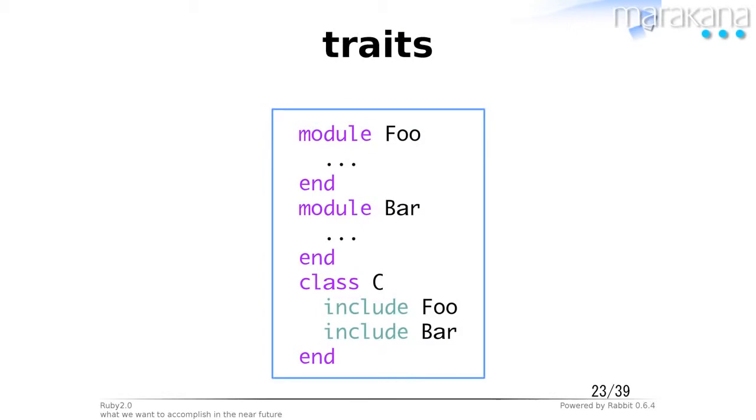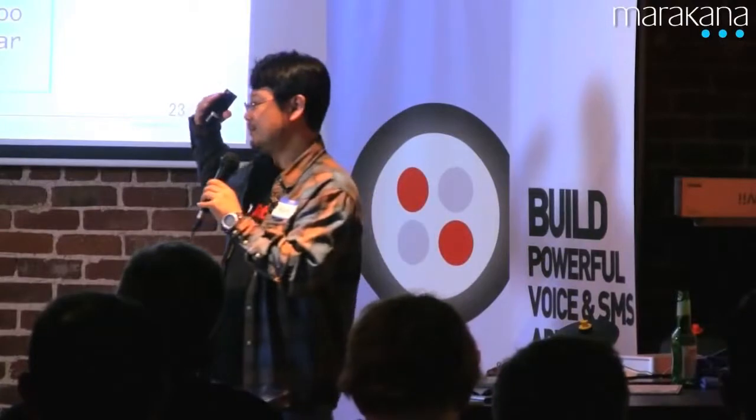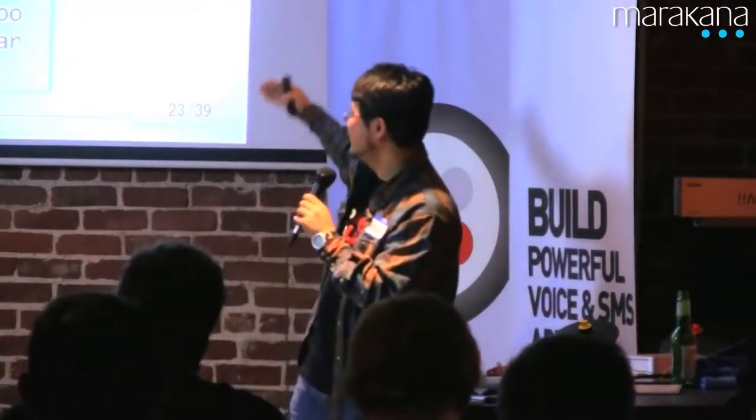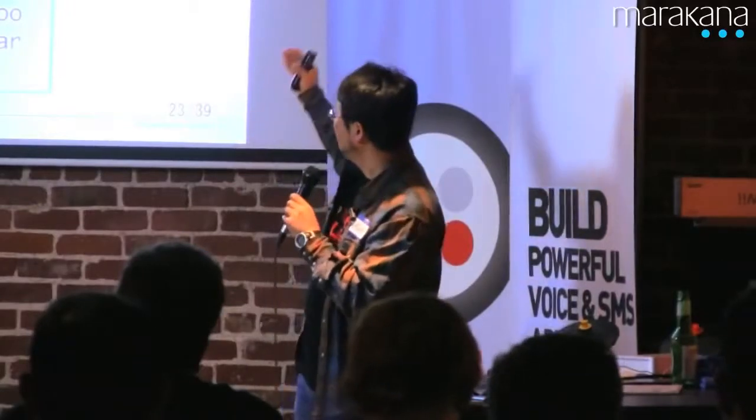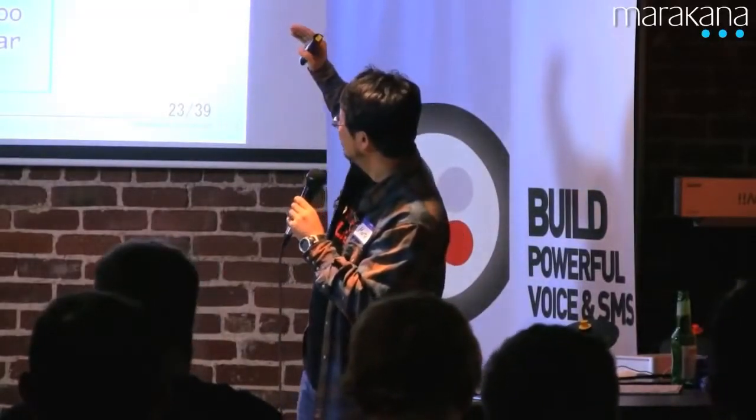Okay, this is the current Ruby module. We have two modules, foo and bar, and we define a new class C, including foo and bar. So we have the priority order: C, then bar, then foo, and then Object. Ruby will look for the method in this order. But if we have